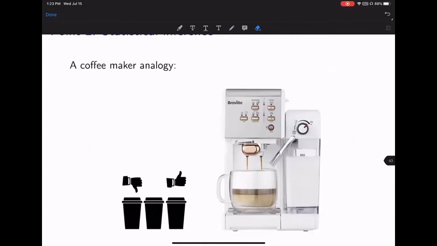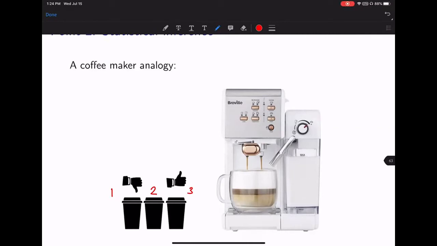Okay, and I call this a coffee maker analogy. I'm sure everyone loves coffee. Suppose you walk into a room with this coffee maker, and suppose your friend makes you 3 cups of coffee. This is number 1, the first cup, the second cup, and the third cup. Let's say your friend makes you 3 cups of coffee from this coffee machine,